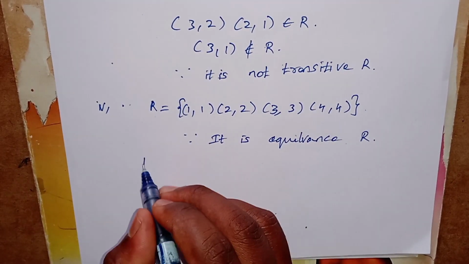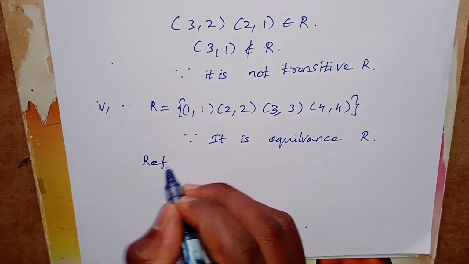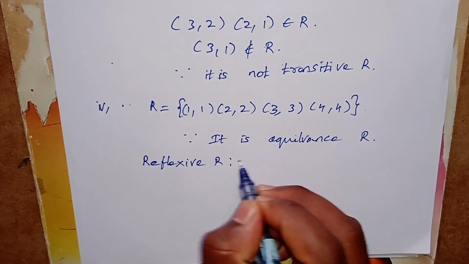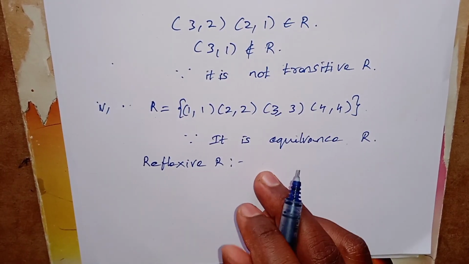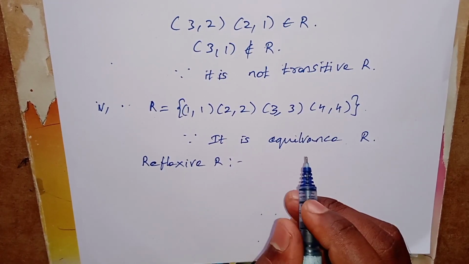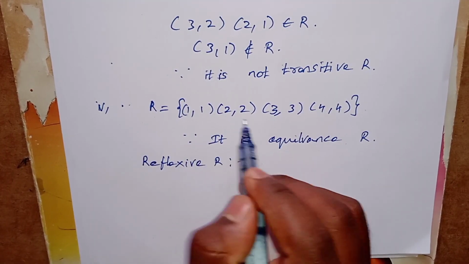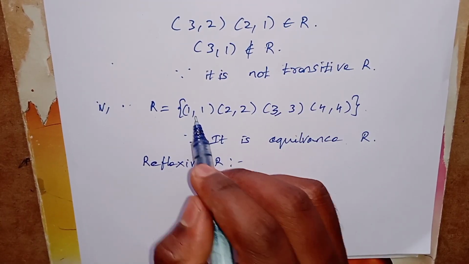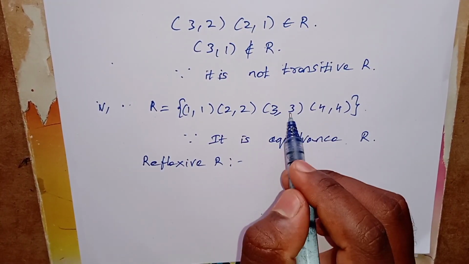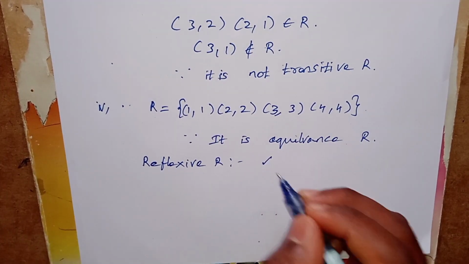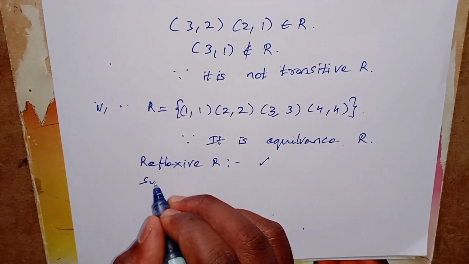for reflexive relation in set A 1 comma 2 comma 3 comma 4. Okay, it has its own identity. Okay, 1 comma 1, 2 comma 2, 3 comma 3, and finally 4 comma 4. Okay, here it is satisfying. For